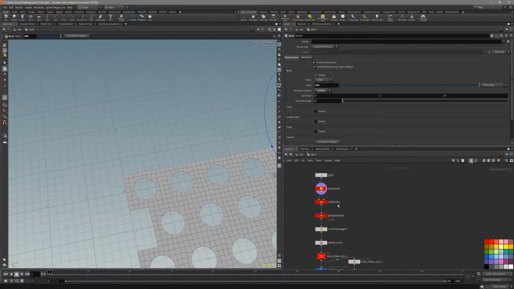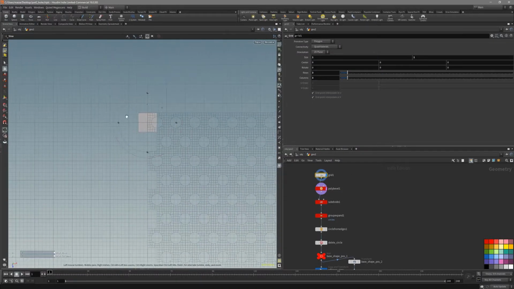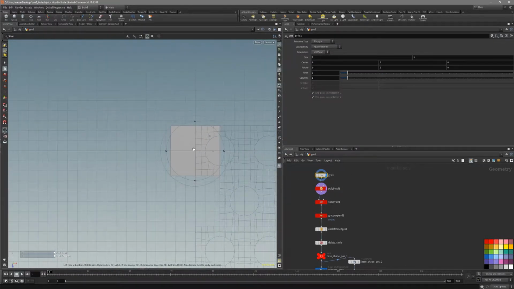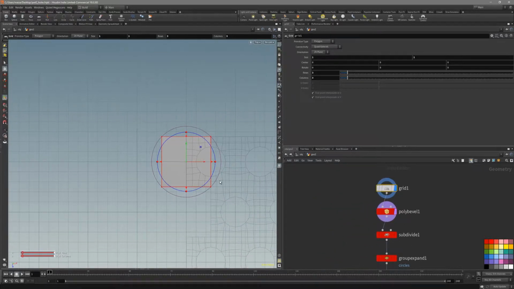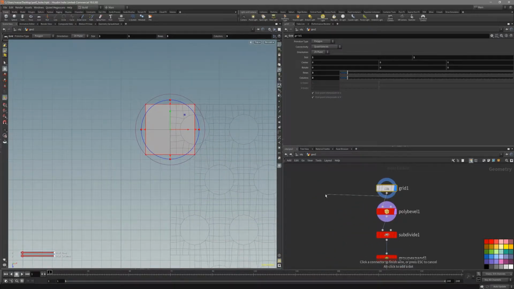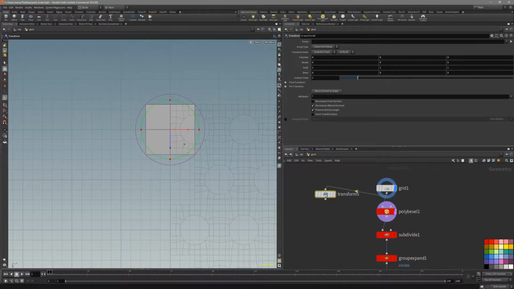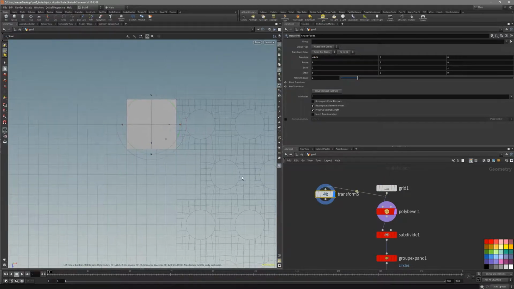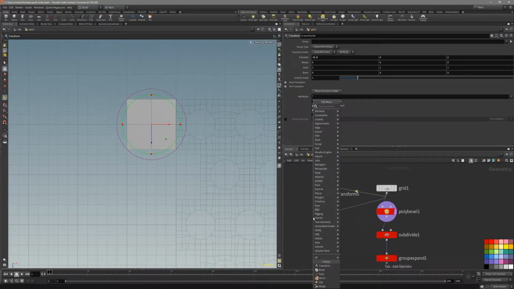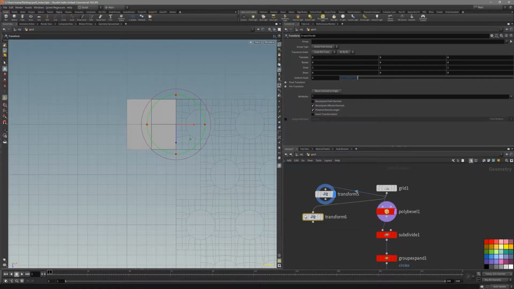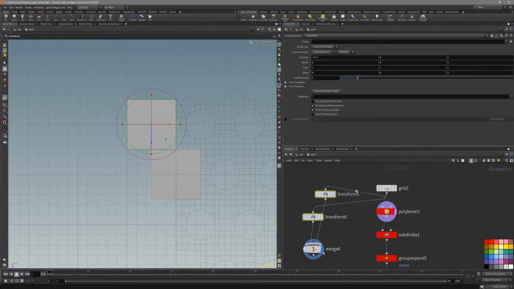Let's disable this for now. Let's go here to start, and we're gonna create the buffer zone by copying this grid right next to this. So hold down on the point and drag out transform. Let's put it on negative 0.5 and then another one. Let's put it in here, so that's gonna be 0, and let's merge them. Take a look,